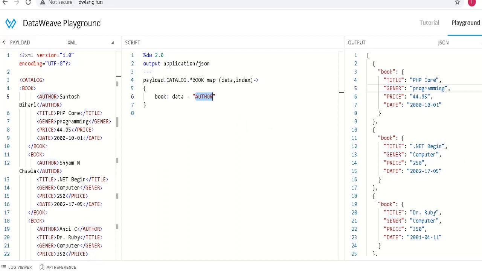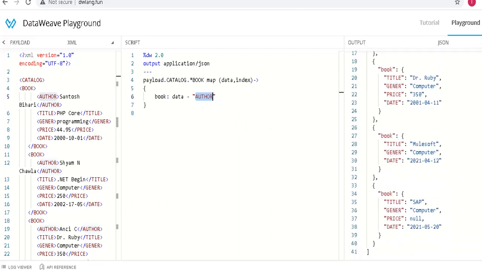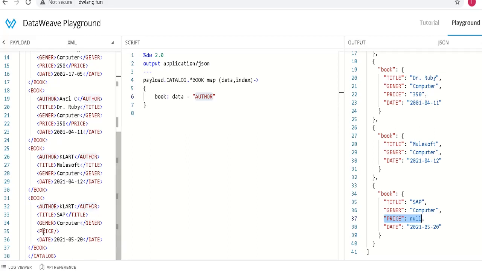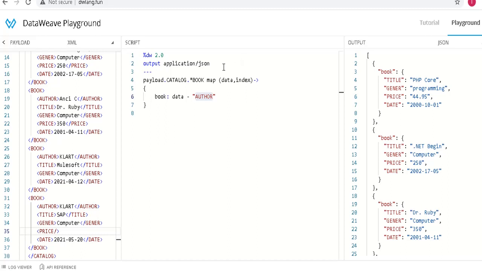Okay, and one more thing we can do. See, some null fields are there. Here the price is null. See in your input data also, for this SAP book, the price is not there, there is a null field. So how can you skip this null field, instead of displaying it with a null value, we can actually remove this field. Wherever a particular field is null, you can remove that field by using a simple operator, a simple function that is nothing but